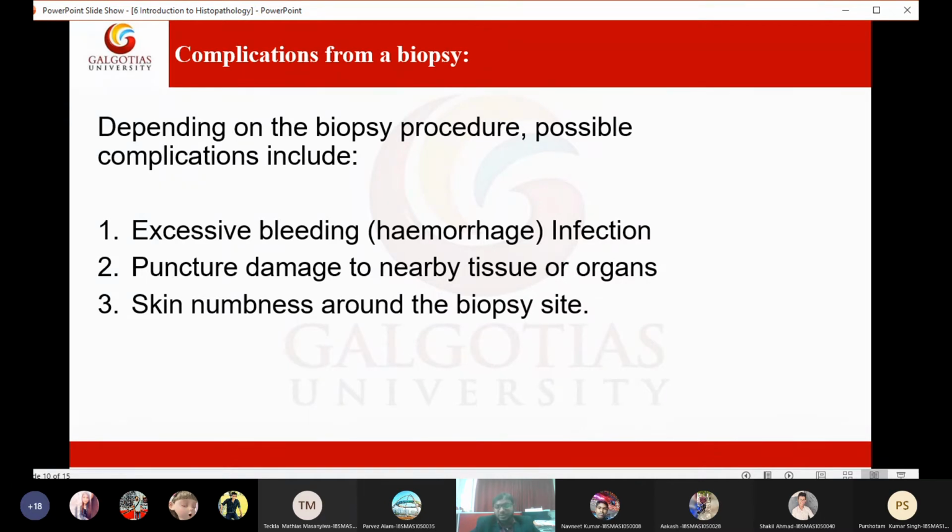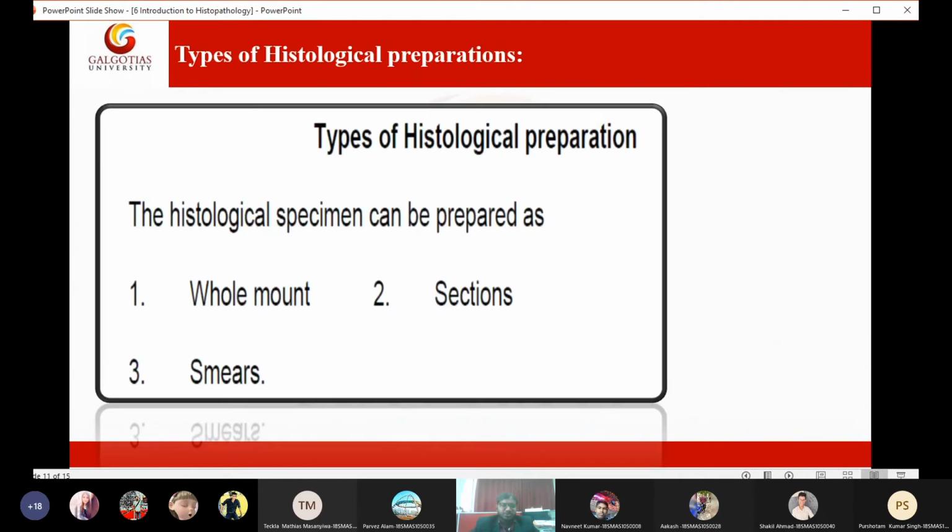Hemorrhage, severe bleeding. For example, if you have done a thyroid FNAC, after the puncture you immediately have to press for a long time. It's not like a vein at that time. If you are not pressing for a long time, it automatically starts bleeding. If it is superficial, it's not showing, but internally the hemorrhage has started. Now it will lead to a second problem. That is the major issue.